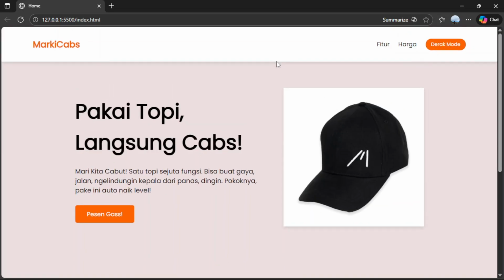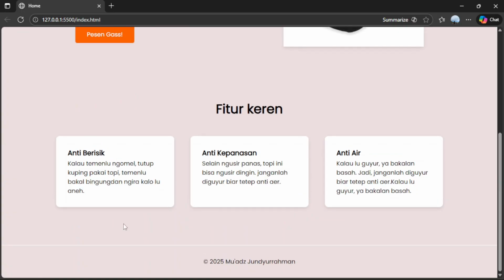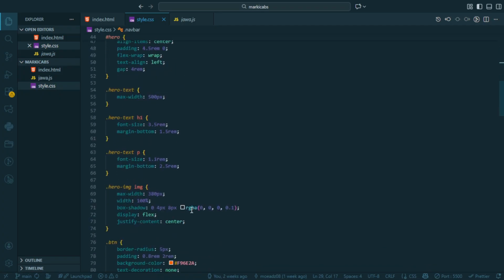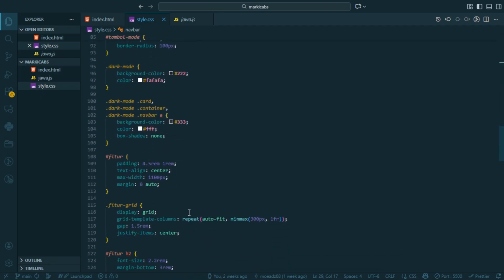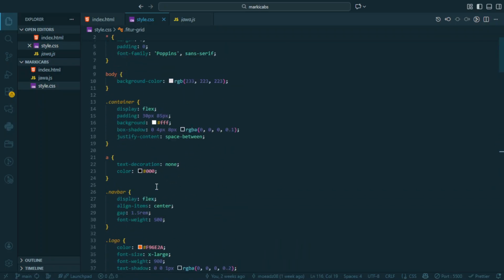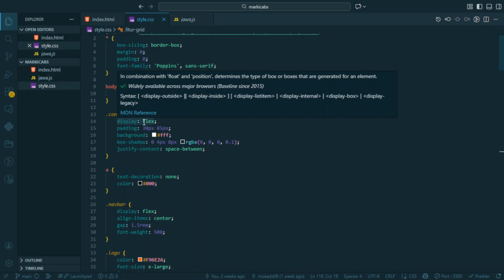So moving on to the grid feature. I only use the grid feature on this section. I'll show you the CSS code. So grid, display grid. Recently, when I explained Flexbox, it was display flex.